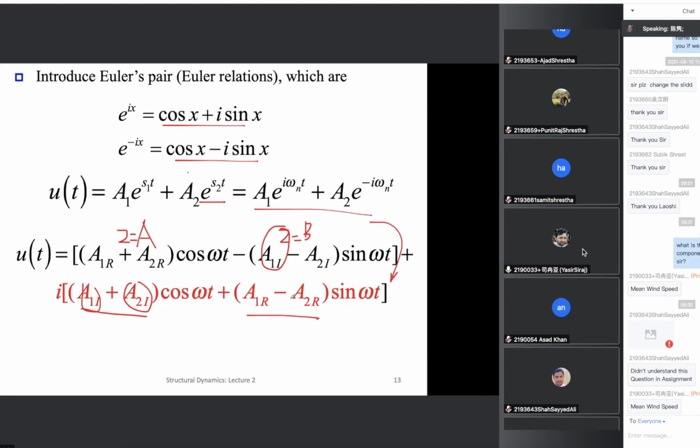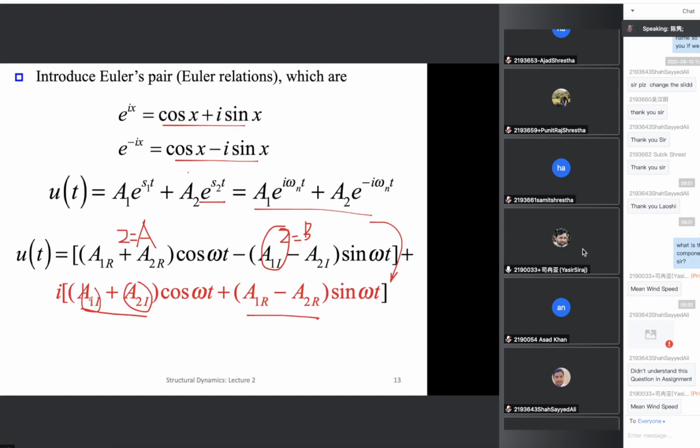I cannot understand your question clearly, but I will try to answer. Because this equation describes a real vibration, which does exist. And because you have an imaginary part here, it cannot describe the real vibration. So to solve this problem, you must make this part become 0. The whole imaginary part must become 0 for any time instant. So this one cannot be 0, and so you need this